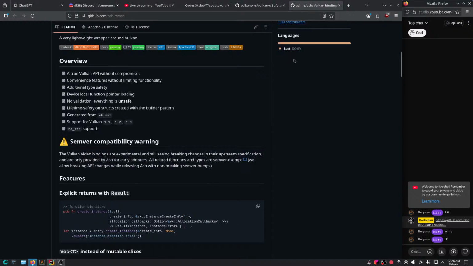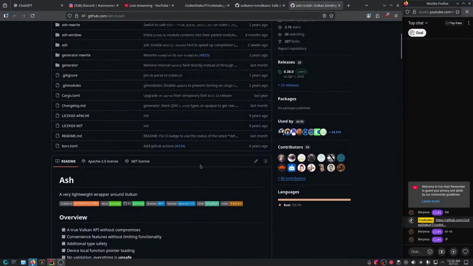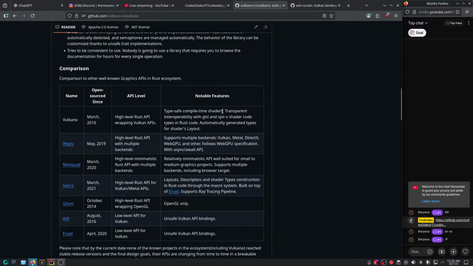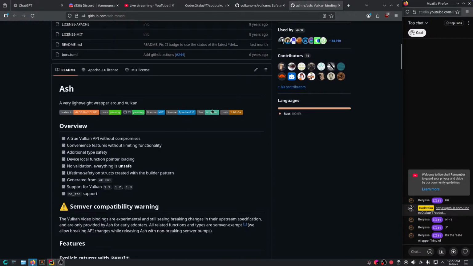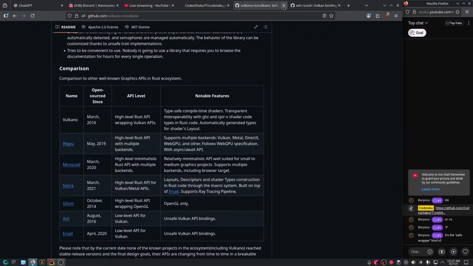But since I'm really used to the Vulkan raw API anyways, I'm just gonna go with this one really. And also the other thing is that Vulkano does add a bit of overhead for validation and so on. It does save your ass in terms of validation to make sure you're using the API right. But honestly, we have the validation layer for that. But either way, let's just go with Ash really. Alright, it's the safe wrapper kind of. Kind of. Well, that is true, yeah. You got a point, right.